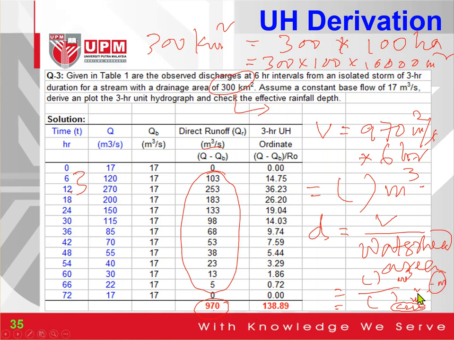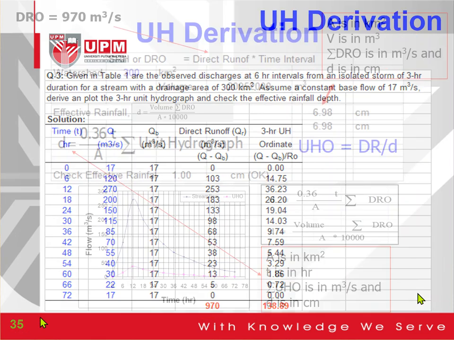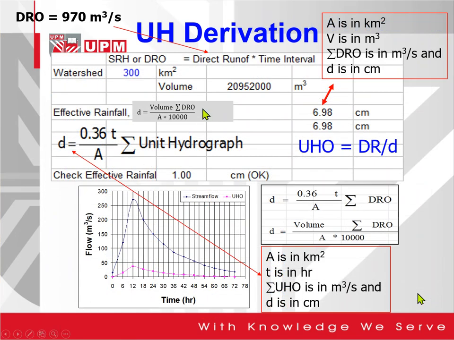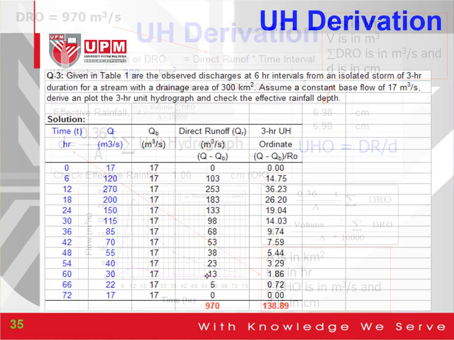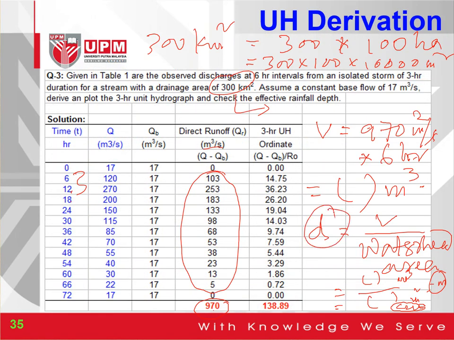Okay. So that is what we have done here. That is how I explained in detail, but you can use this formula that I mentioned before. This is the calculation, but